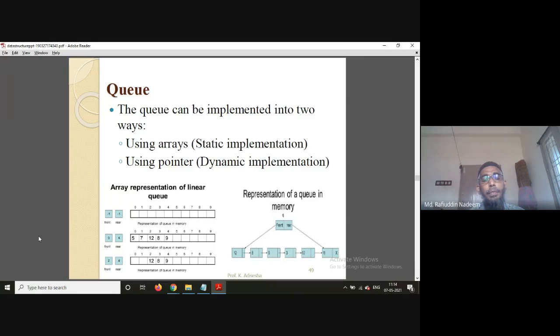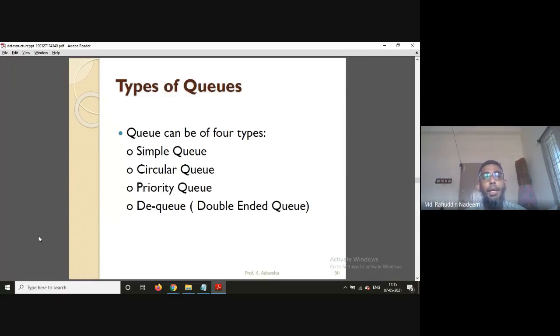In the rear end, if I want to insert anything, right now the rear contains 4, so I will increment the value of rear to 5, and then I will insert the element there. Likewise you are going to insert and remove the elements in a queue here.